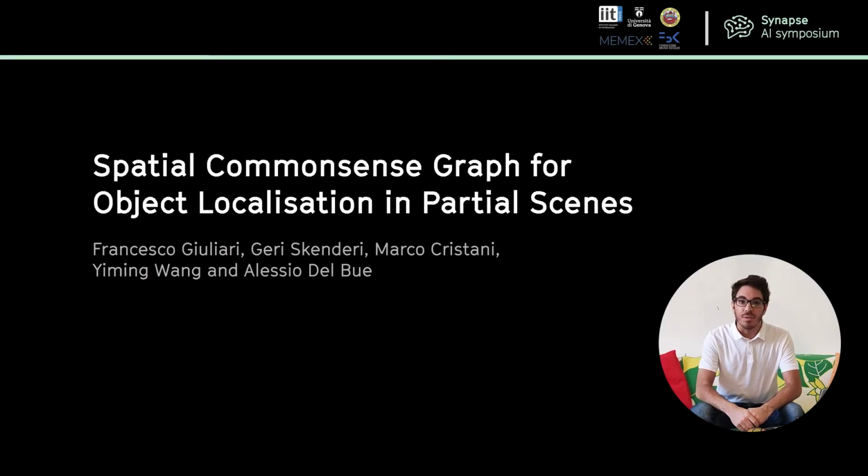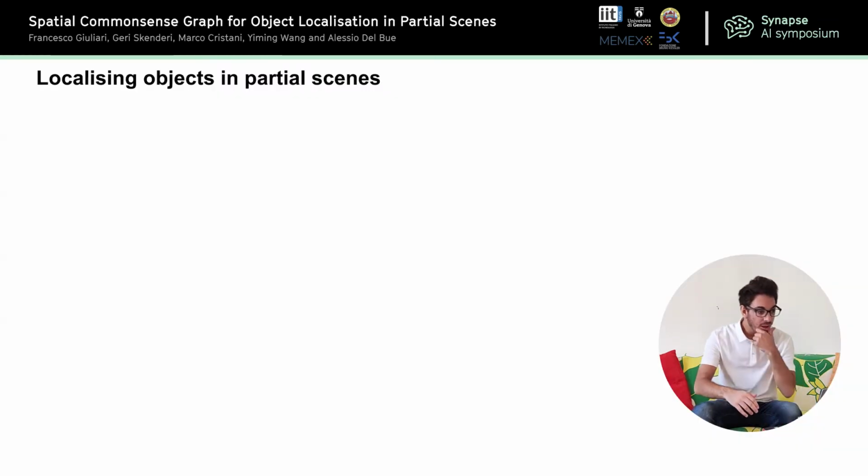Hi, I'm Francesco Giuliari and I will present the work Spatial Commonsense Graph for Object Localization in Partial Scenes. This work is a collaboration between the Italian Institute of Technology, the University of Genova, the University of Verona and the Bruno Kessler Foundation. In this work, we present a novel task of locating objects in partial scenes, which involves